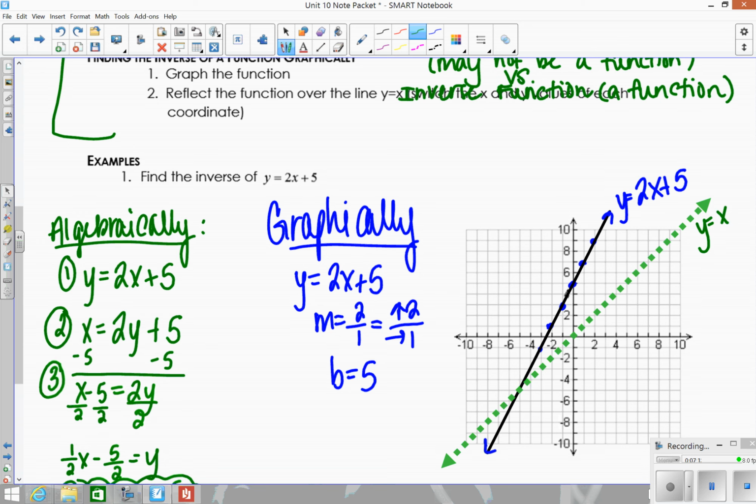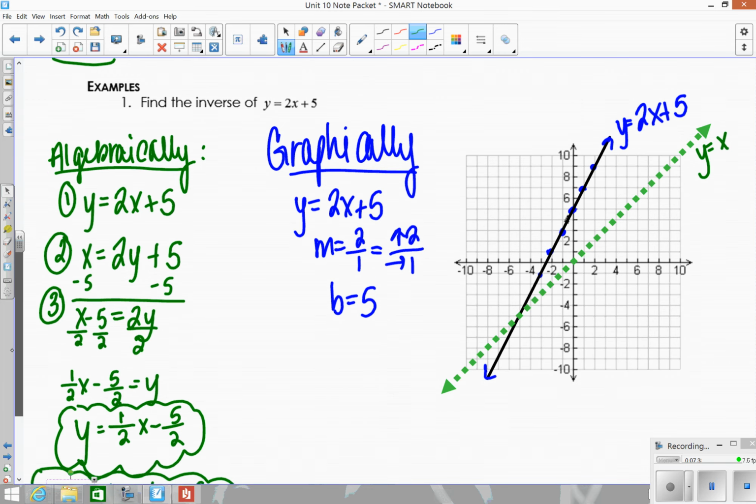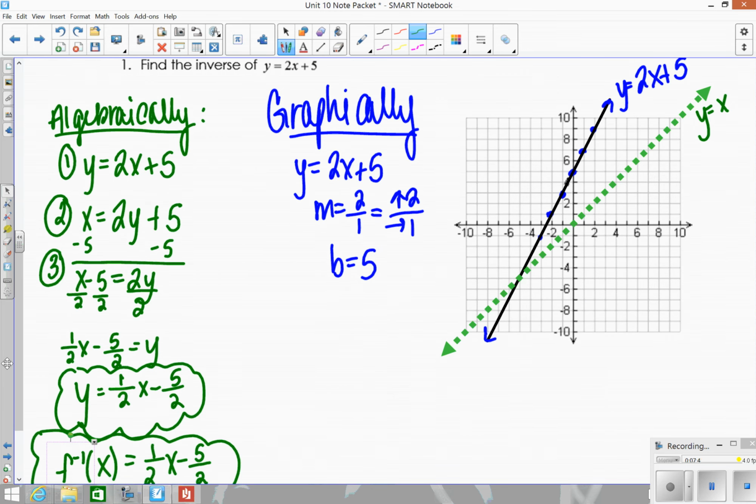And what we want to do is take this line and reflect it over the line y equals x. So that means each of these points has to come up over this line, each point. And we want to see what our new line is, and that's going to be the inverse. Now you can imagine it's kind of hard to see this visually. You could count to get the reflection, but the easiest way is to think of it as switching the x and the y values. So basically, if I just write a table of the points that I plotted,